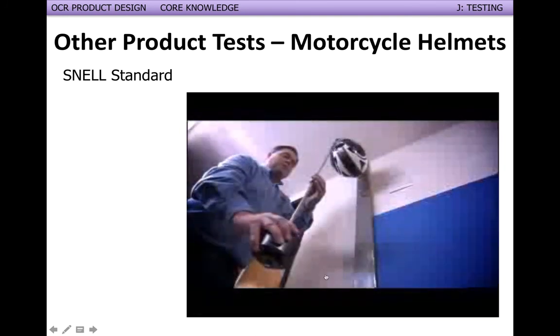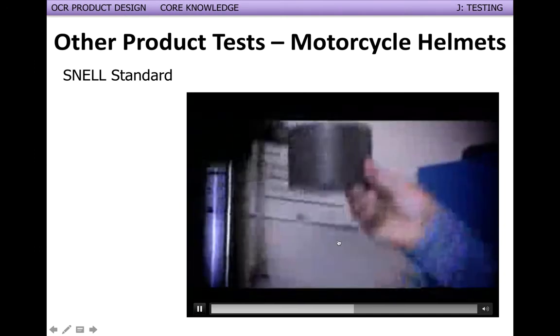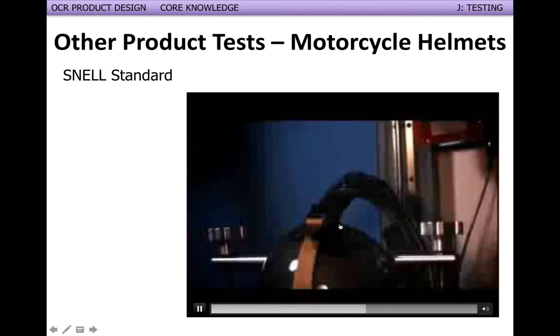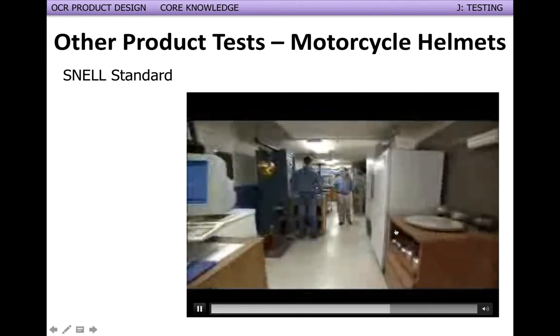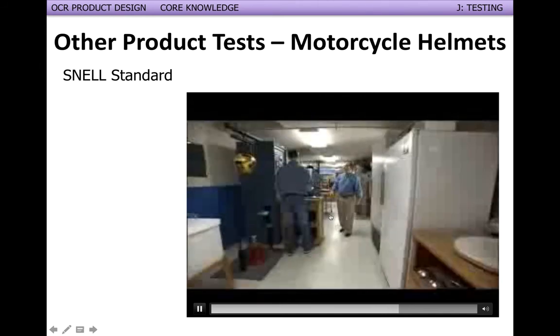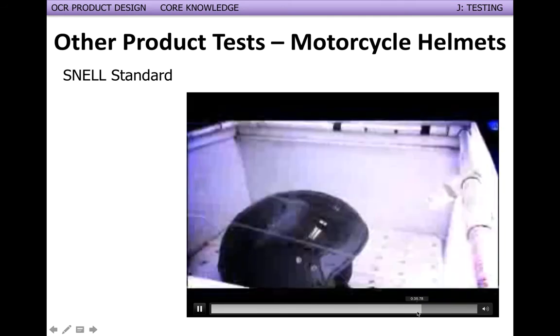So you can see these guys here doing a range of tests. They're doing impact tests with different things, different shaped items that are doing the impact. You'll see in a second where they're doing an impact test on a bit of material that's been in the freezer for a week. Because you're going to be wearing your helmet in all kinds of weather conditions,